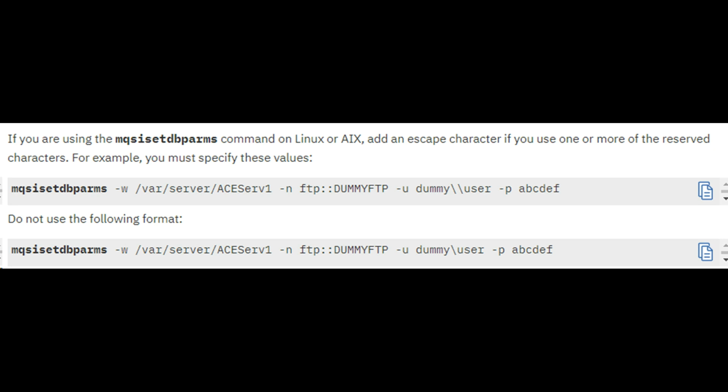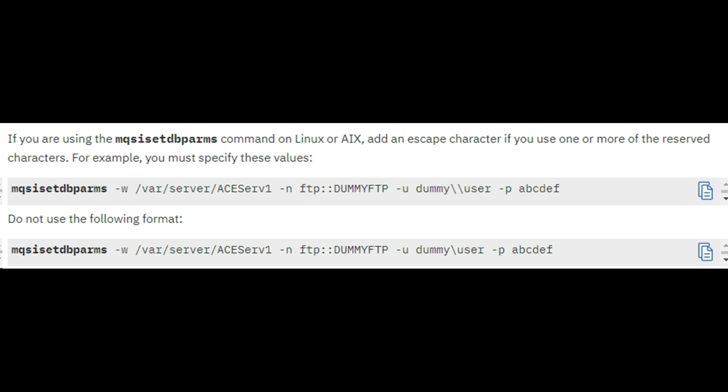And the second command is mqsisetdbparms. So there you have to provide the username and password. Yeah, for the keystore and truststore. In case of username, you can give that as blank or not applicable, since the username is not used in that JKS file, only a password is required.